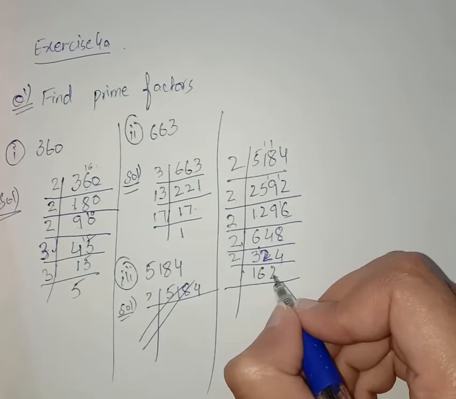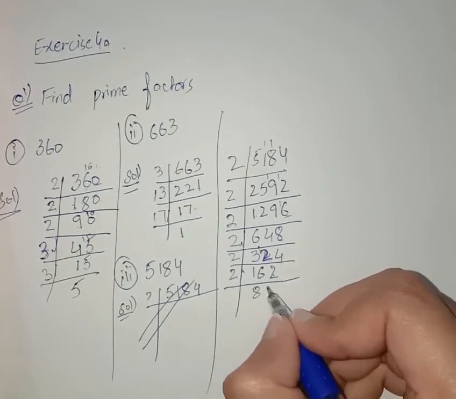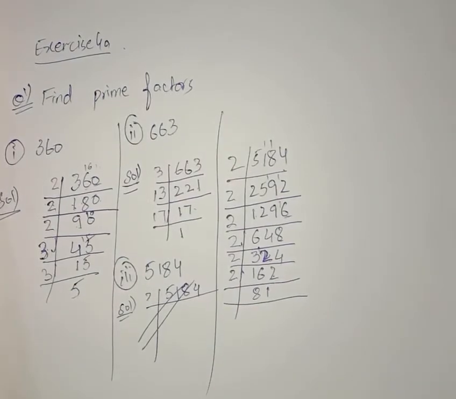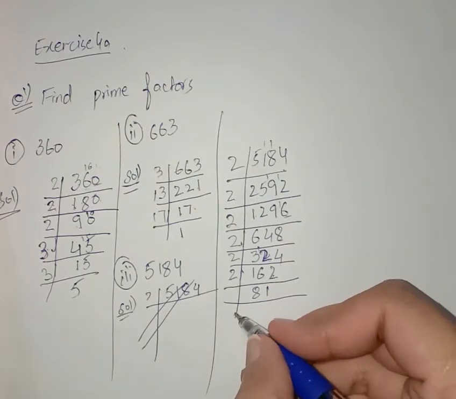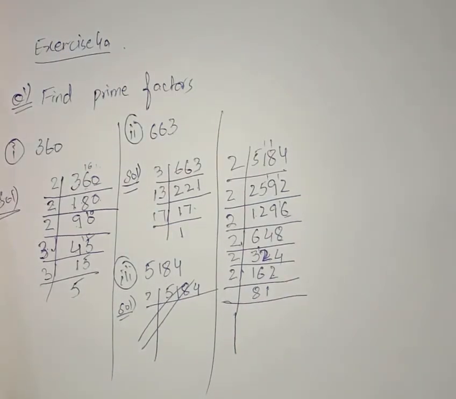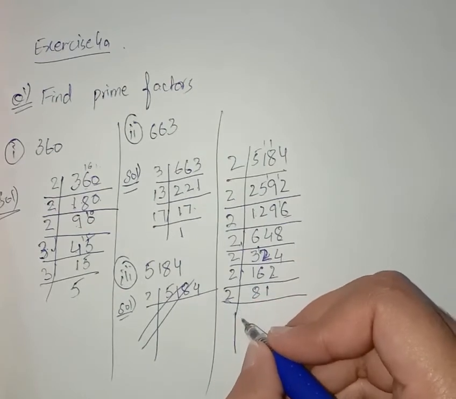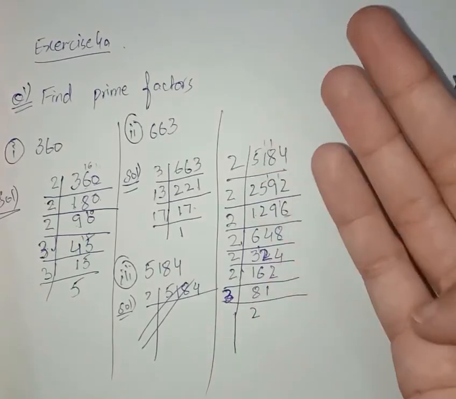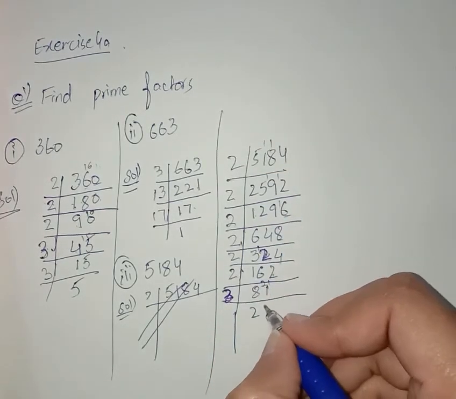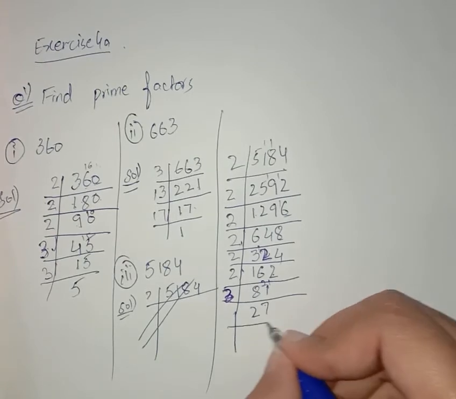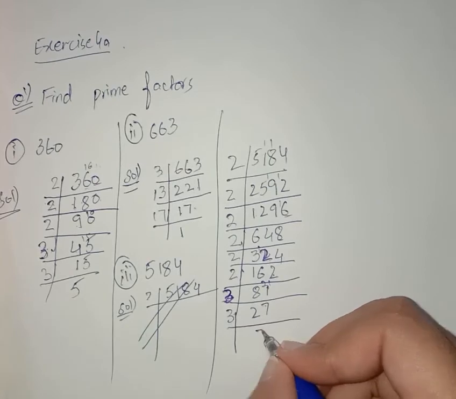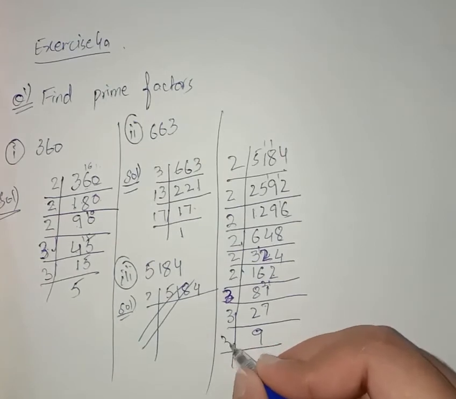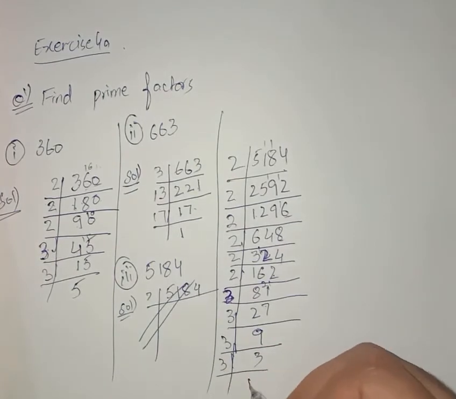The last digit is also prime. 2 8s are 16, 2 1s are 2. The last digit is not prime, it is even. So we have to see that an even number comes in a table of even and a prime in a table of prime. 3 2s are 6, 3 8s are 24, 2 is on carry, 21. 3 7s are 21, 3 9s are 27, 3 3s are 9, and 3 1s are 3.